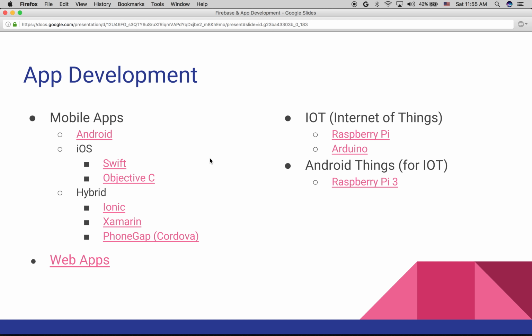Let me come back to IoT. IoT is the Internet of Things. If you want to develop a custom device, the mobile smartphones are kind of full-fledged mobile phones, and they do a lot of things. But you may want to develop your own customized device which will do some specific activities. In that case, you can think of learning IoT, and the major devices are Raspberry Pi and Arduino.